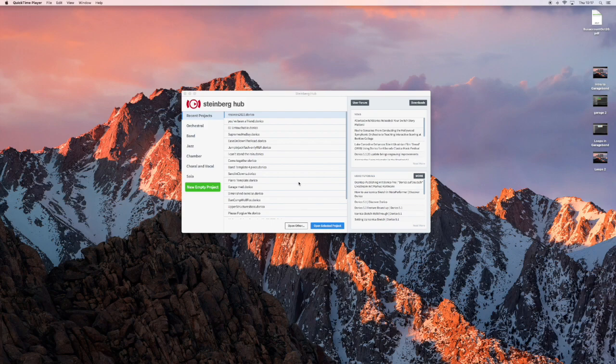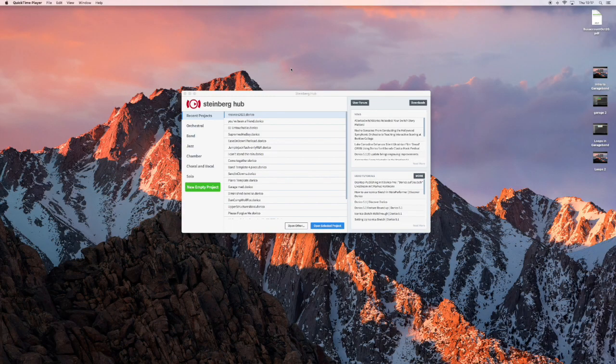Dorico is a very powerful score writing piece of software. It's completely free and it's downloadable here. Once you're all set up, and it's very easy to install on either a Mac or PC. Once it's installed,